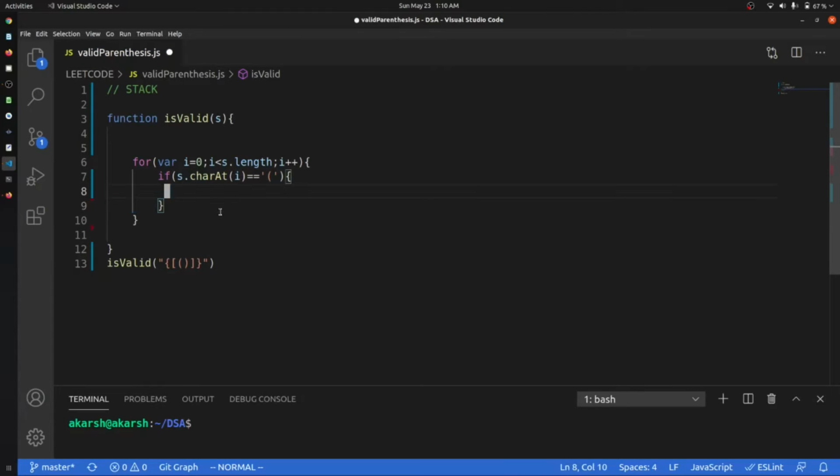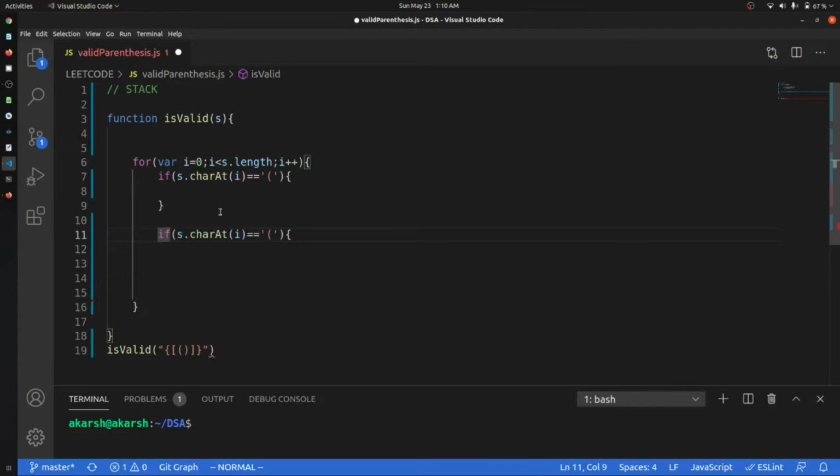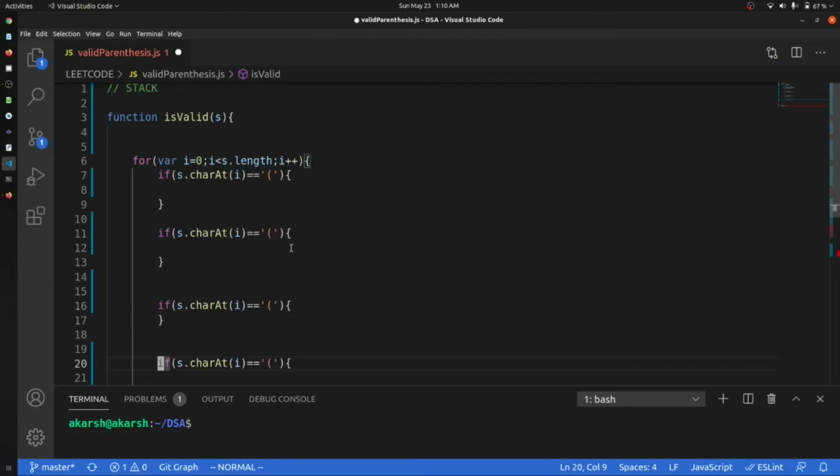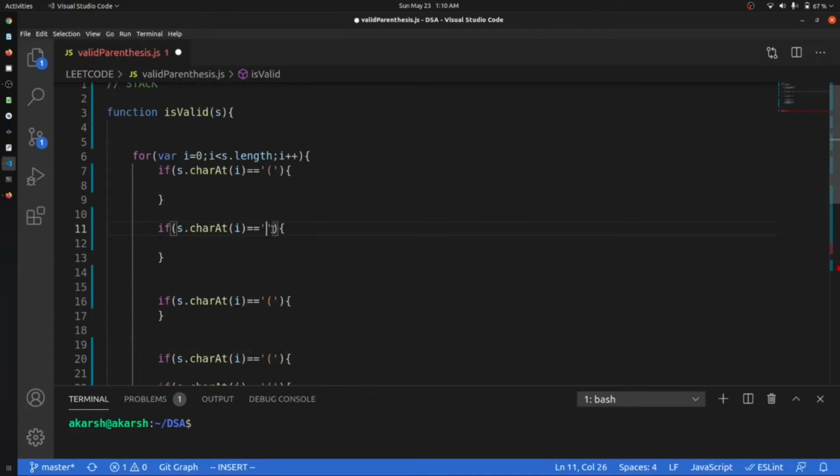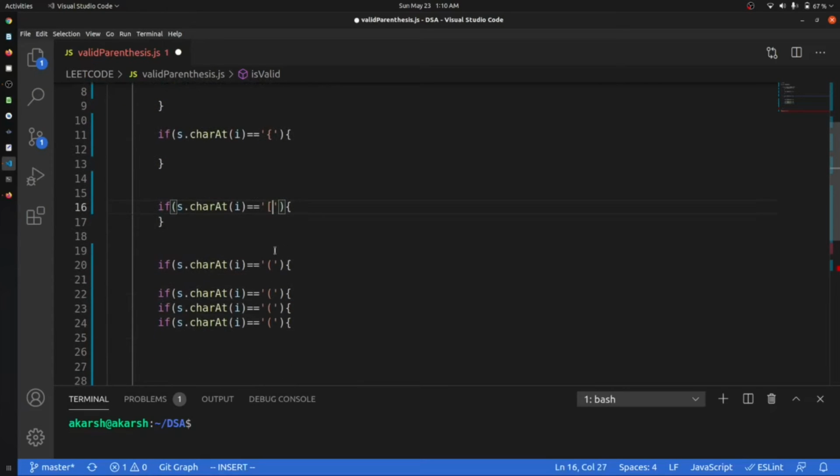In a similar way, there can be the other brackets. We will add the three brackets here: the small bracket, the curly bracket, and the square bracket.